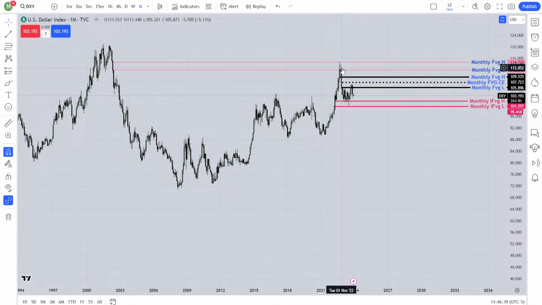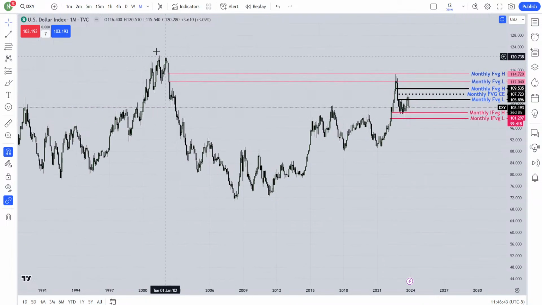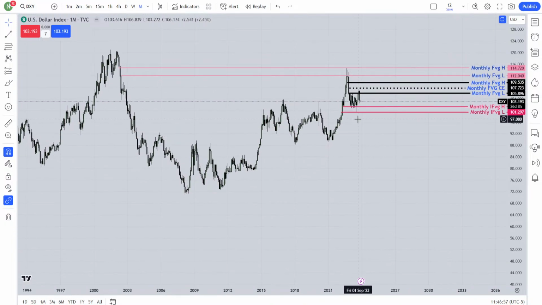I can see the market went over there to that fair value gap. What is that fair value gap? The market has taken buy side liquidity, then market structure shift to a fair value gap, a breakaway gap. This is your entry point, right? Price went higher, came to this specific fair value gap, and went lower.